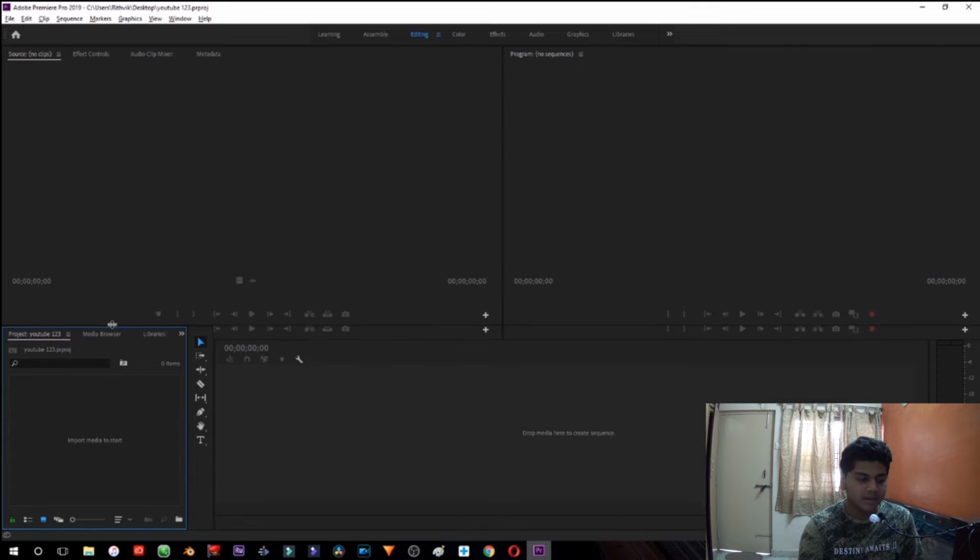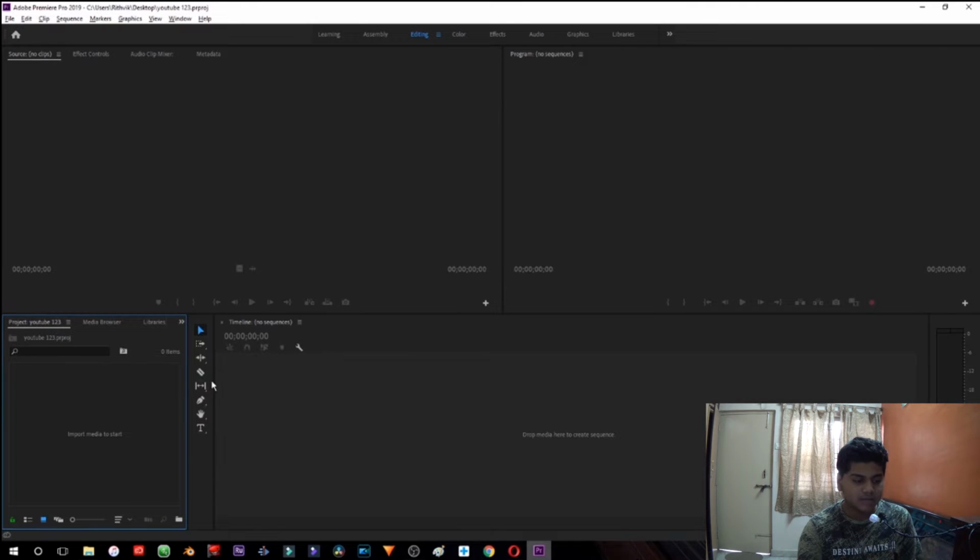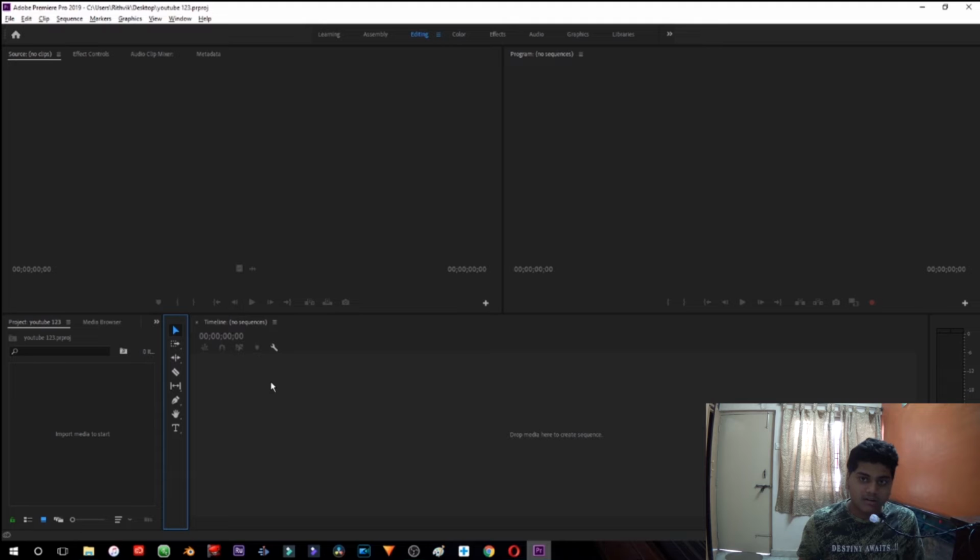I can make it large, I can make it smaller, I can literally remove a timeline. We can't do anything without a timeline, but we can remove the timeline here. We can remove everything from it, and we can start applying each tab where we want to completely edit how we want. So that is the NLE feature.